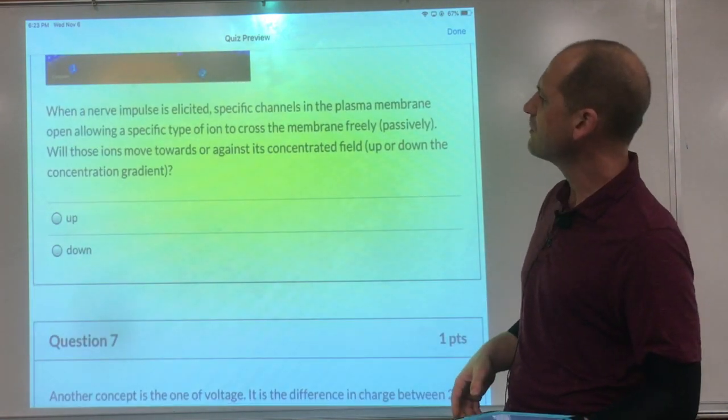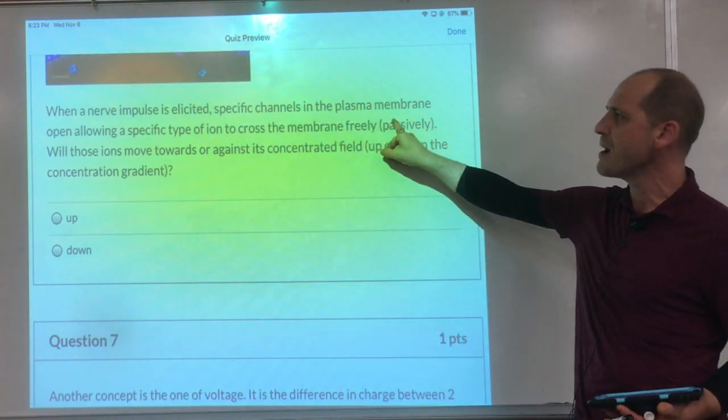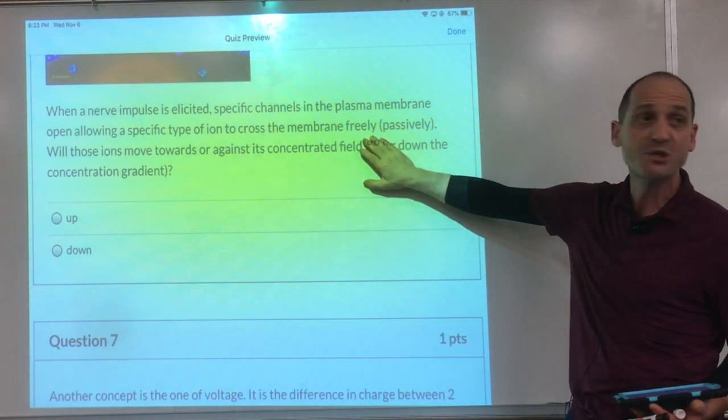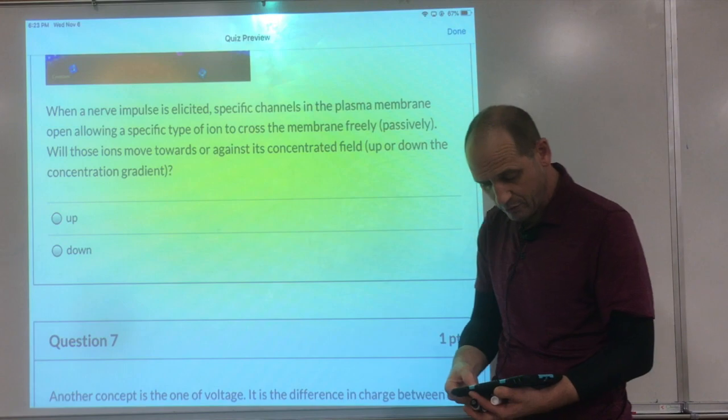When a nerve impulse is elicited, specific channels in the plasma membrane open, allowing a specific type of ions to cross the membrane freely, which is passively. All right, so what the pumps do,